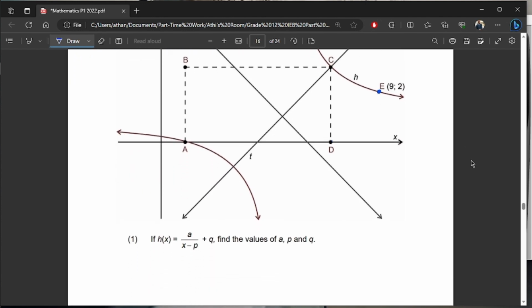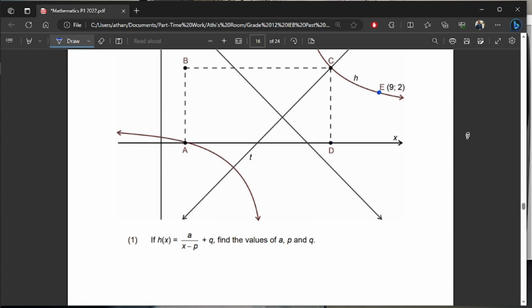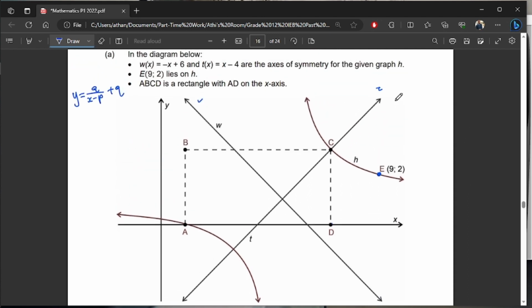Let's see the first question. If h of x is shown by that, find the values of a, p, and q. So let's try to find them. We're going to start by looking for the value of a. But how do we get to it? w and t are our axes of symmetry, and at this point they are equal. If I can get that point, we'll be able to get